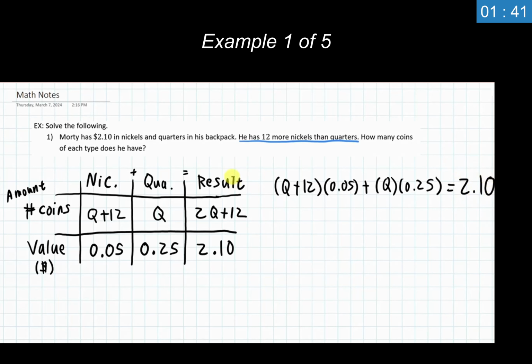So when we work with these mixture problems, if we're working with value, the resulting value is generally what we end up with in our equation. So we multiply amount and value, and the result is just the resulting total value. And at this point in time, great, we have an equation that's written out for us. This looks like one of the mechanical problems we saw in Chapter 2. We can go through and solve this thing like we would normally. So I'm going to distribute this 0.05 through to everything inside here.